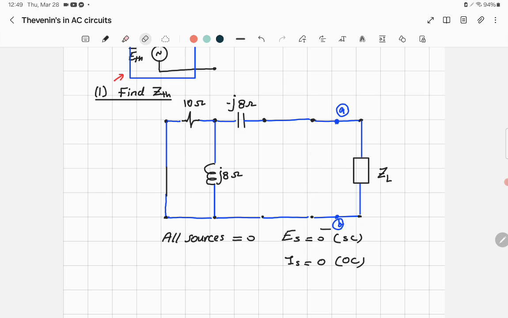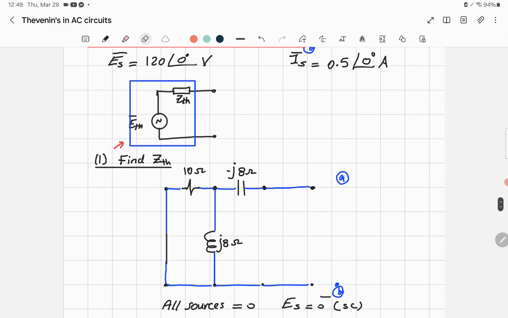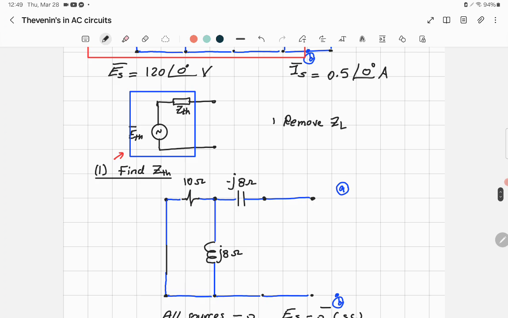Second, of course, the load should not be connected to the points AB, so just remove the load. So always when you find the Thevenin, you've got to remove the load. That's the first step, that before you do anything, remove ZL. That's supposed to be step 1. And step 2, find